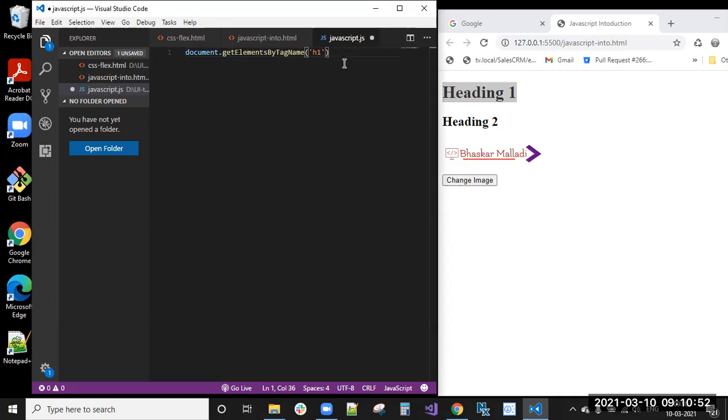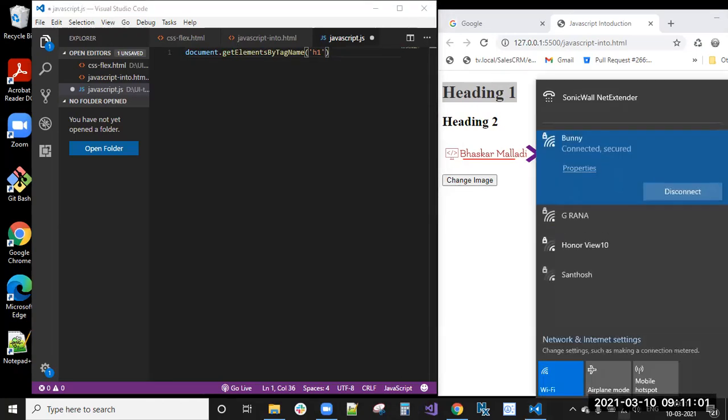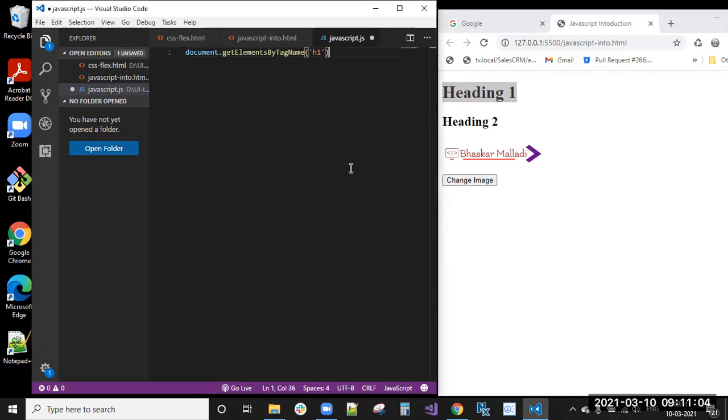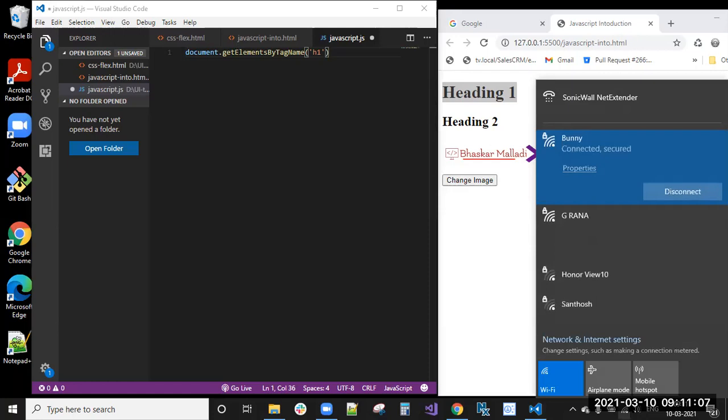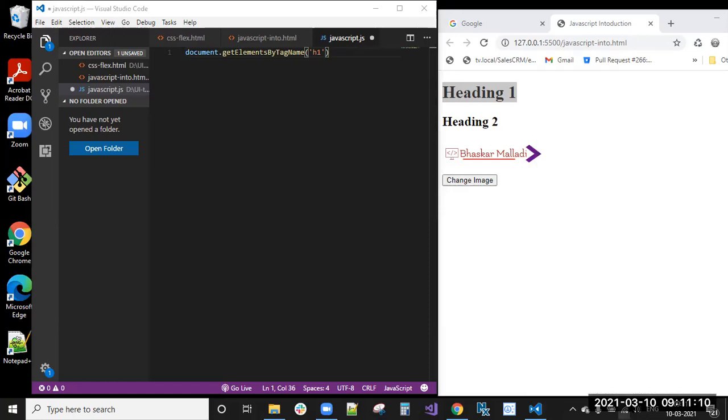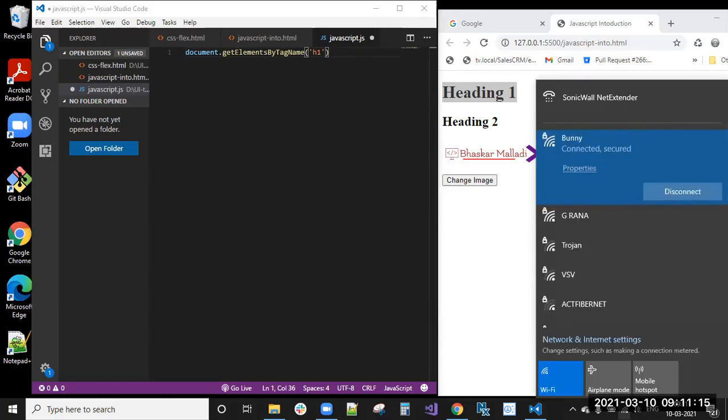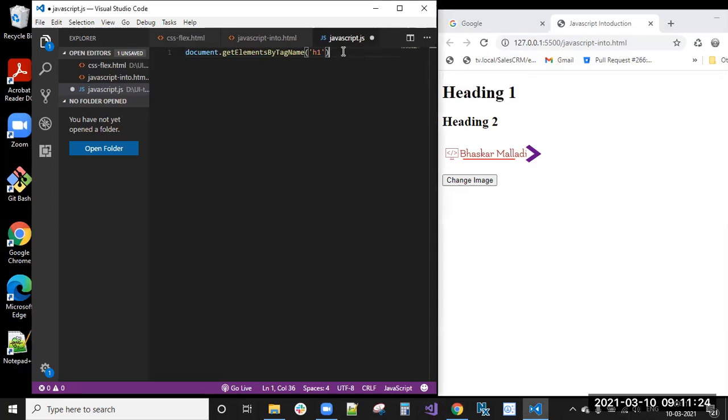document.getElementsByTagName. Actually, getElementsByTagName means we have here H1 and H2, heading 1 and heading 2.